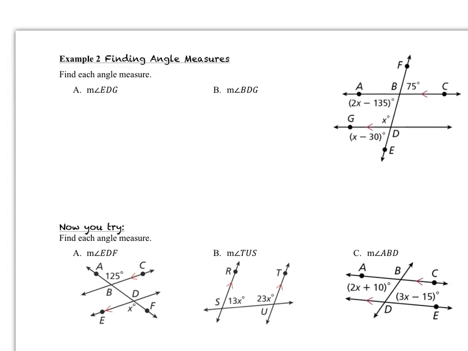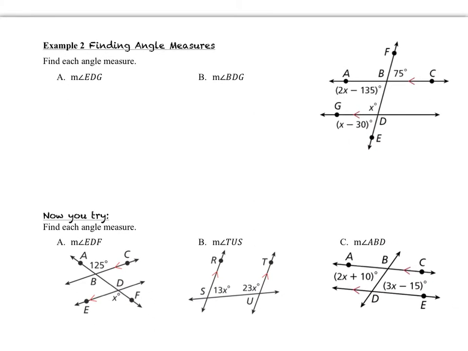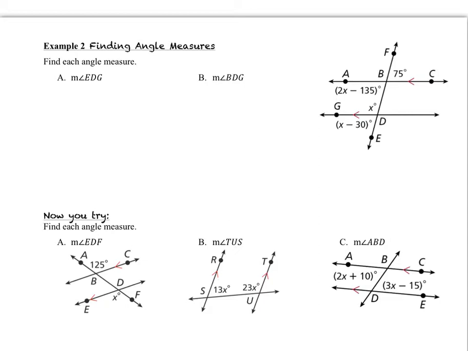So let's take a look and see what we have on example number 2. So this says we want to find the angle measurement of angle EDG. We need to look at what other information we've got here based on the types of angle relationships that we were just talking about, and we notice that we have an alternate exterior angle situation right here. Of course, we need to make sure that we do have two parallel lines with a transversal going through them, and we do. So the way that we can write this up is the measure of angle EDG is equal